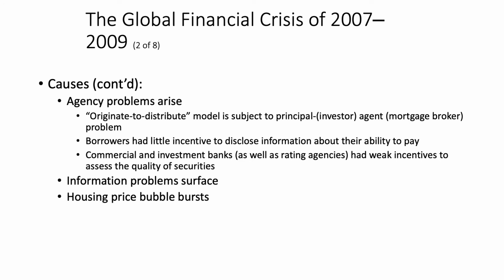Now, again, we had some issue here with the provision of information. Commercial and investment banks who were buying up these mortgage-backed securities looked at rating agencies, and the rating agencies rated these mortgage-backed securities as being safe, extremely safe, in fact, AAA rated. So the sellers of the mortgage-backed securities were paying the rating agencies. The rating agencies were saying these mortgage-backed securities are cherries. And then this excessive risk was not being noticed, it was not being monitored, and it was being spread throughout the global financial system.